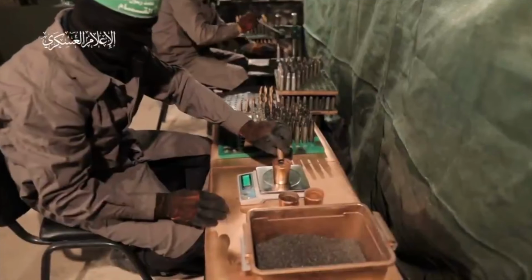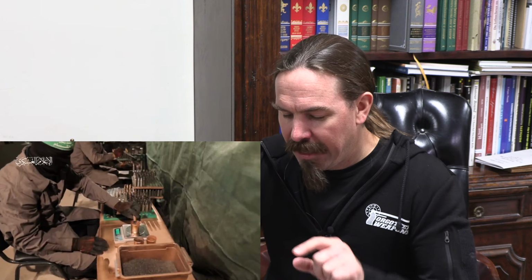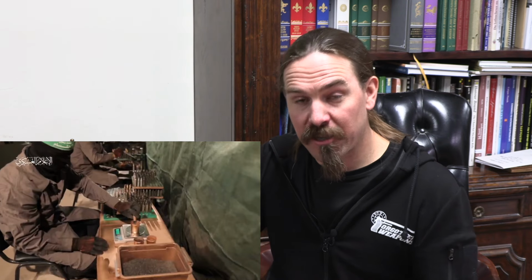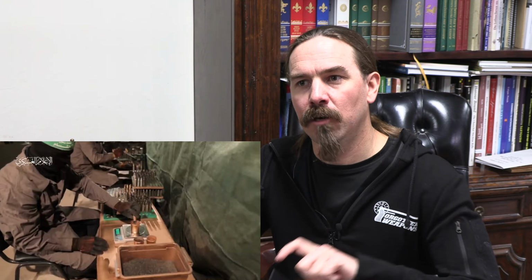Now, this is allegedly okay. Like, he's actually got a digital scale there, and he's measuring a weight of powder, which is correct. That's how you would want to do it. But he has a pretty generic sort of scoop that he's using, and the way you do this professionally, the way you do it properly, is you load just a little bit under the amount of powder you need,